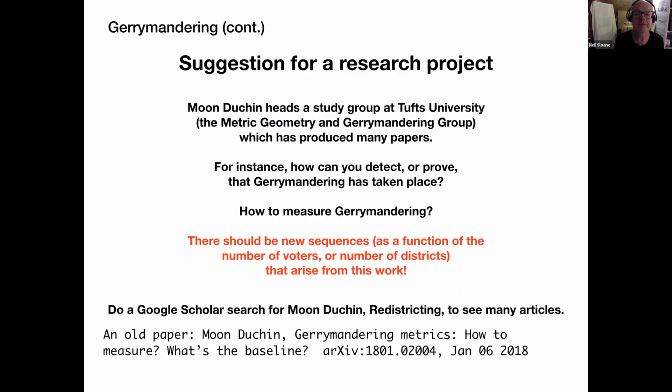So there's been quite a bit of news recently about work on gerrymandering, and Moon Duchin at Tufts University has a group studying this question. The group's called Metric Geometry and Gerrymandering Group, and there are many papers. If you search on the archive, you'll see a large number of papers. There's one, for example, from 2018 called Gerrymandering Metrics, how to measure what's the baseline. It seems to me we should have more sequences in the OEIS based on other ways